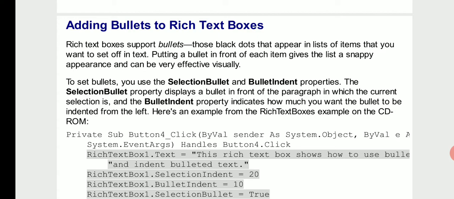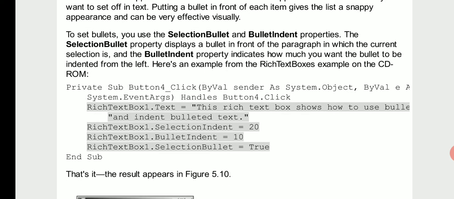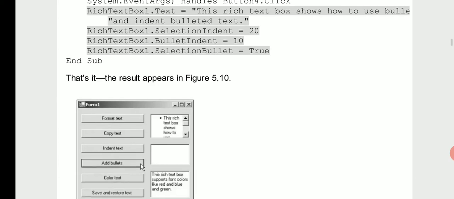The SelectionBullet property displays a bullet in front of the paragraph in which the current selection is, and the BulletIndent property indicates how much you want the bullet to be indented from the left. This rich text box shows how to use bullets and indent related text. We are setting the RichTextBox1.Text in the code, and RichTextBox1.SelectionIndent equal to 20, SelectionBulletIndent equal to 10, SelectionBullet equal to true. This is the code for button 4,